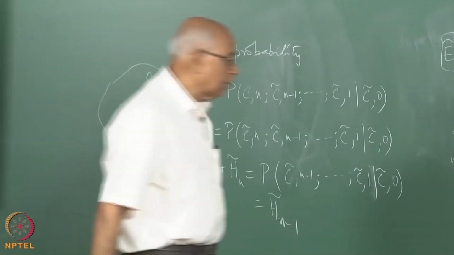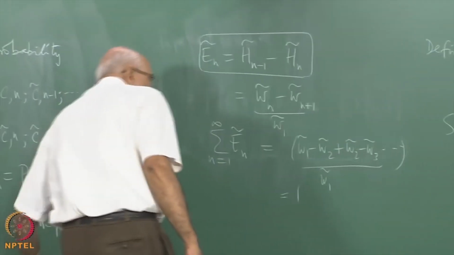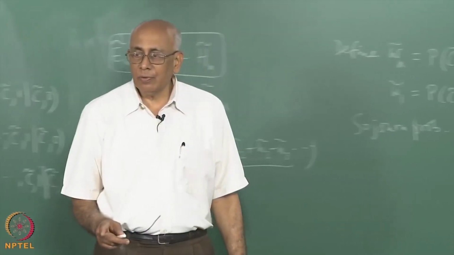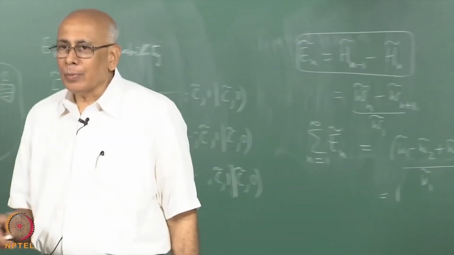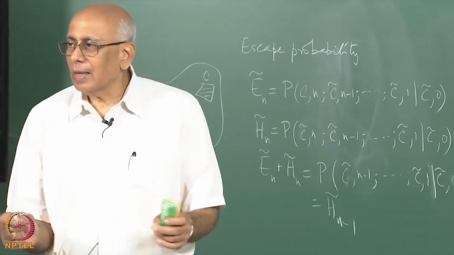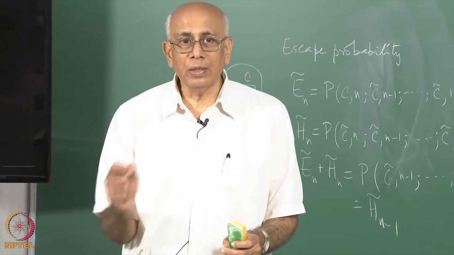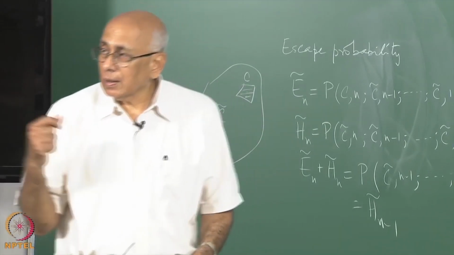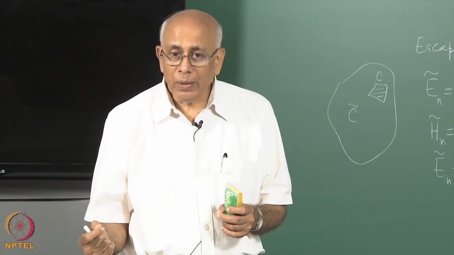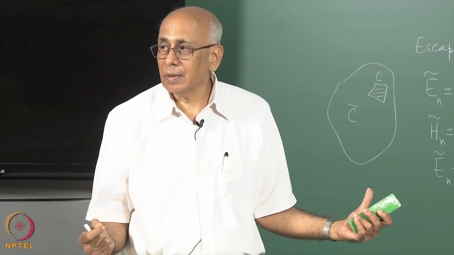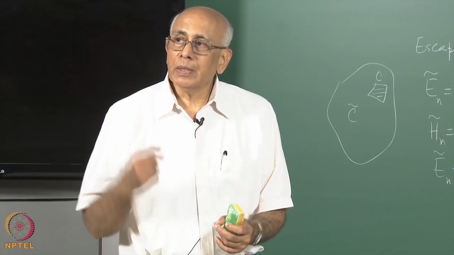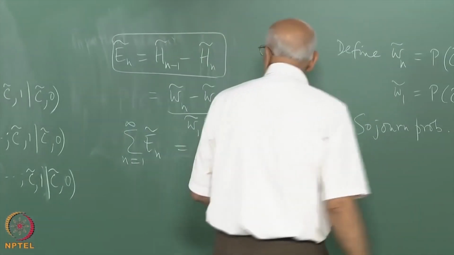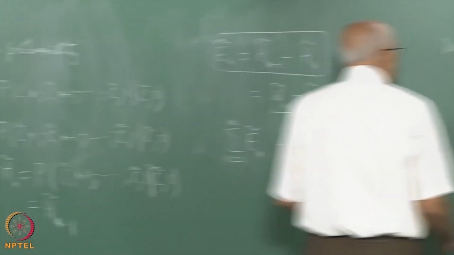So let us find out what is the mean escape time. Mean time, it is like asking what is the mean first passage time. We already had experience with this. We found that even on a straight line with diffusion, mean first passage time was infinite. Even though the probability of hitting that point, in this case exiting C tilde, is 1, you may still have an infinite mean. Well, let us see what that implies. Mean escape time